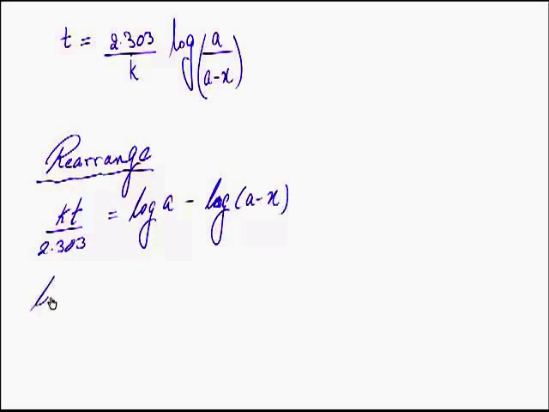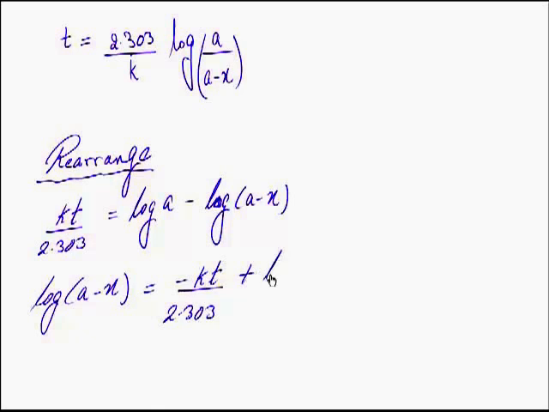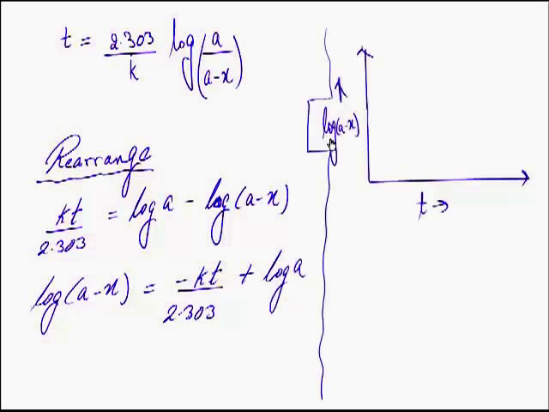So if we make log a minus x the subject of the formula, we will get minus kt upon 2.303 plus log a. If we plot a graph of log a minus x versus t, the graph will be a straight line but with a negative slope,